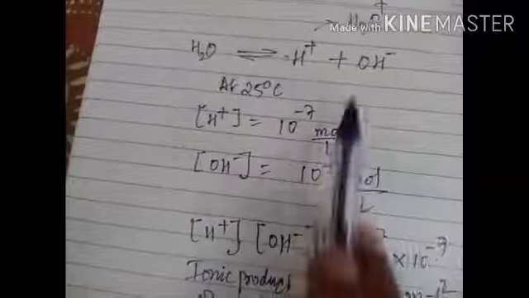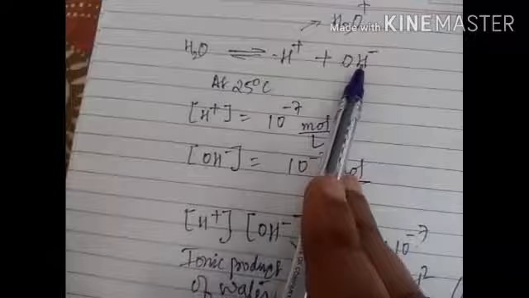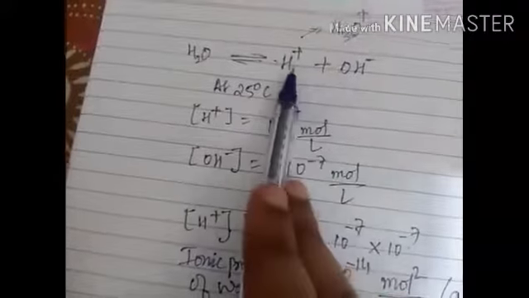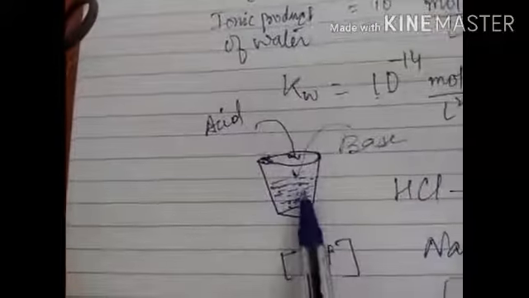So the product of H plus and OH minus will be 10 raised to the power of minus 14 only. Basically, how is this OH minus decreasing? It will join with some of the H plus and go back, so the concentration of OH minus will decrease. Now you can say that the H plus concentration is also decreasing. Yes, it is also decreasing, but here you have added acid, so from that acid, excess H plus will be there.